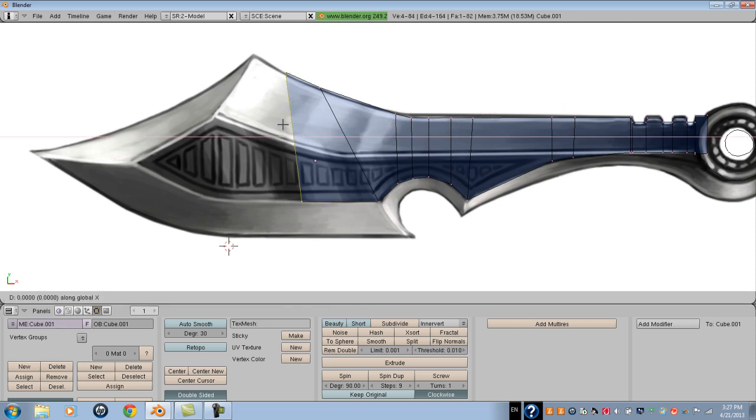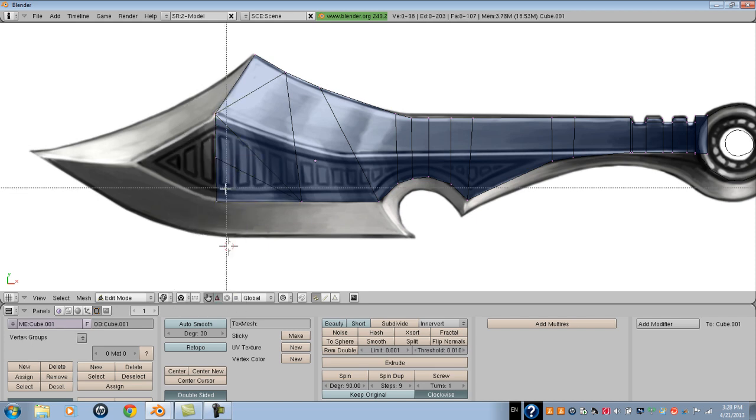Extrude, grab, X, extrude it again, but this time we have this little edge piece in, so I'm going to cut it off right there. I'm going to say okay, place that there. Select both of these, and then I'm going to hit W, subdivide, grab that, hit that there, W, subdivide, grab, and put that there. So we have the basic outline of a sword, and now we're going to actually put